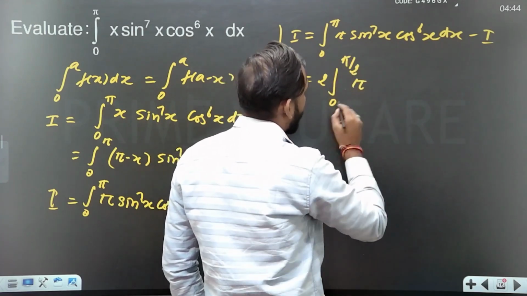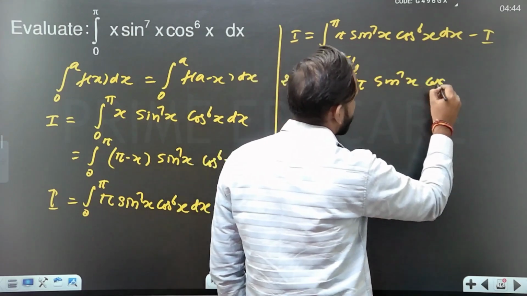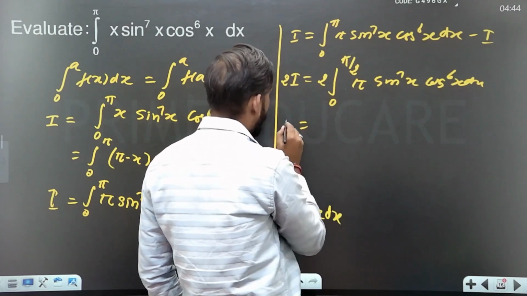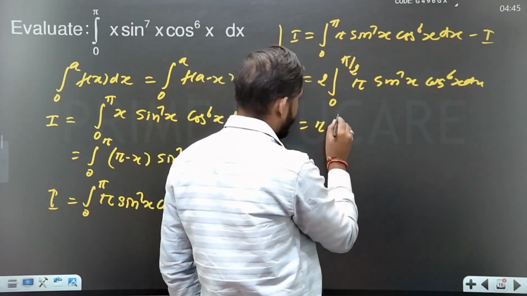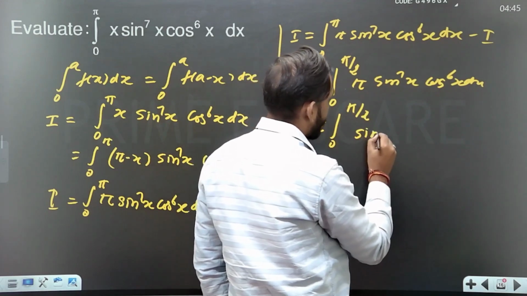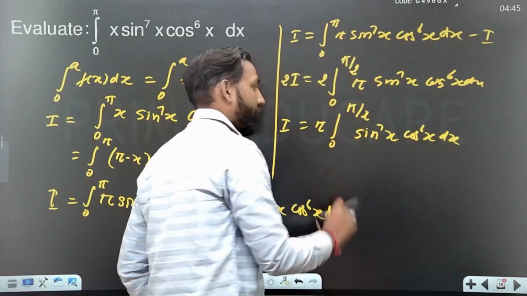Then there is pi and sine to the power 7x cos to the power 6x dx, and cancelling 2 from both sides, I equals pi times the integral from 0 to pi by 2 of sine to the power 7x cos to the power 6x dx, and we can apply